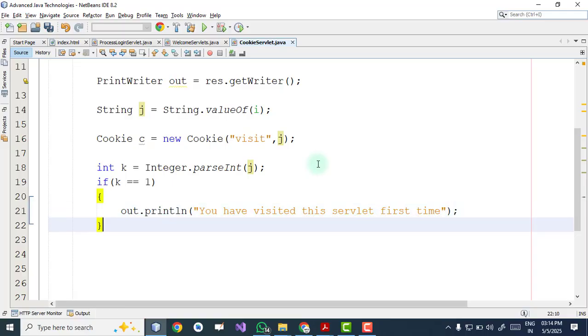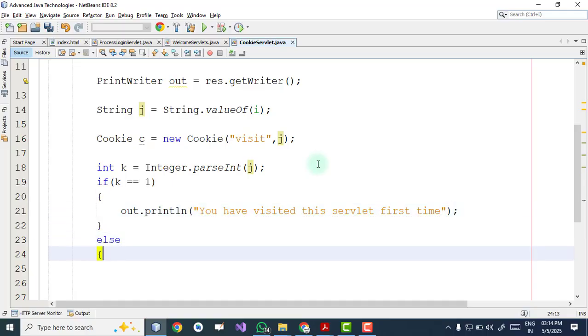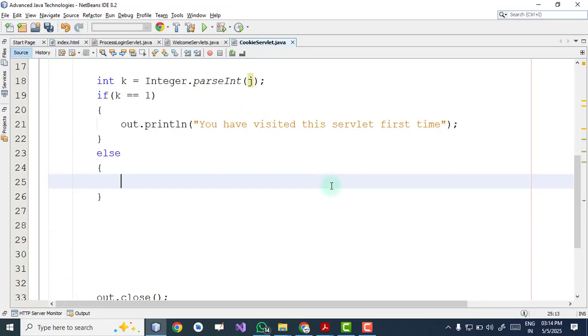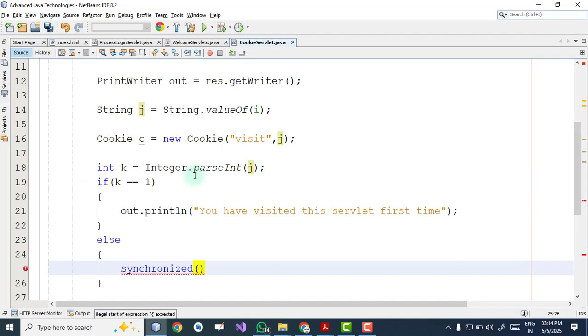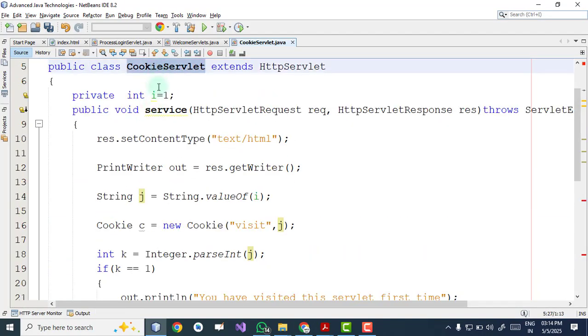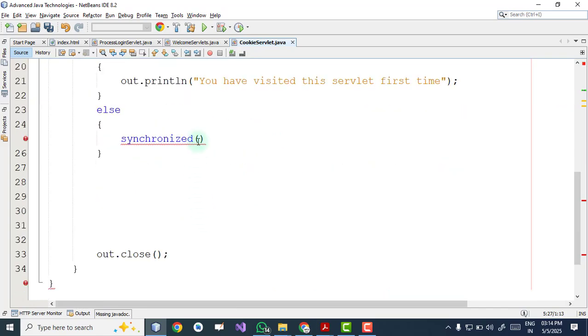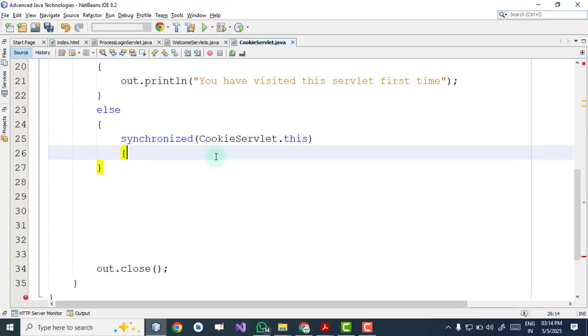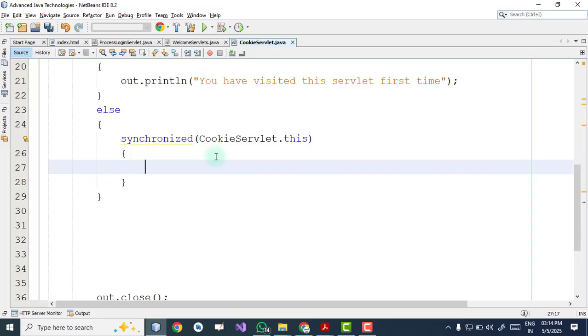Okay, now in the else block we write very important code, which is my synchronized block. Within synchronized there is one parameter which is my class name, that is CookieServlet.this.